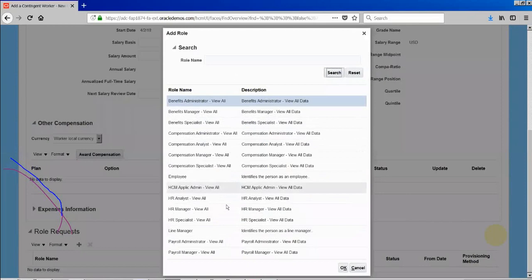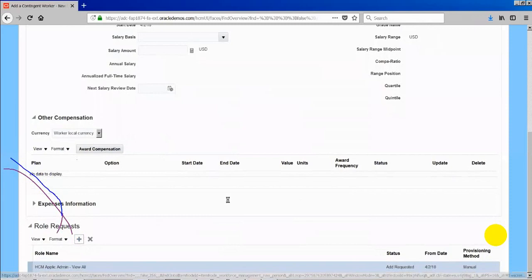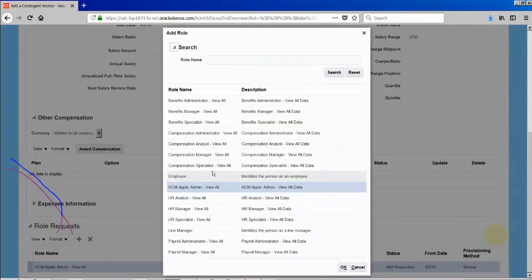Once the implementation user is created with the security, all we need to do is assign the security to this person. If you think this person is going to implement HR, then typically I am going to assign the HR administrator role, and I can assign more roles. Maybe this person is also responsible for the compensation module as well. I can assign compensation administrator as well.